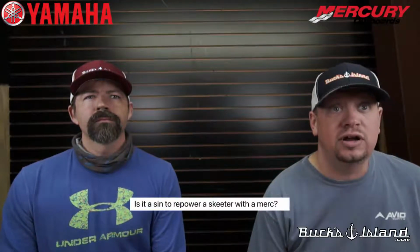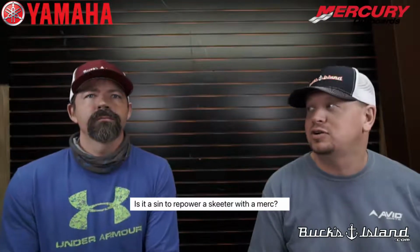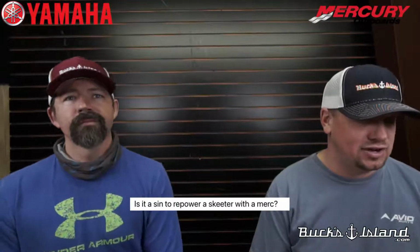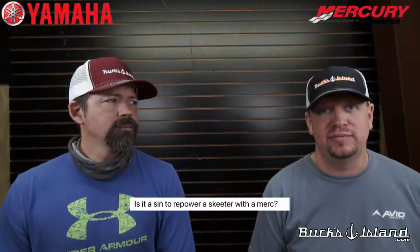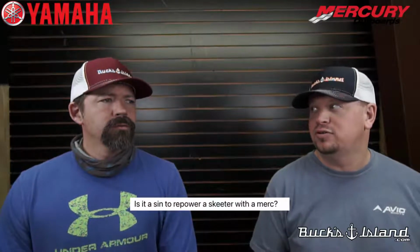Well, guys, if you've got more questions, drop them in there. I've got just a couple that I found in some of the groups. I think I know your answer on this. Is it a sin to repower a Skeeter with a Merc? Absolutely not. So if you do have guys that have an older Skeeter and it is equipped with a Merc,